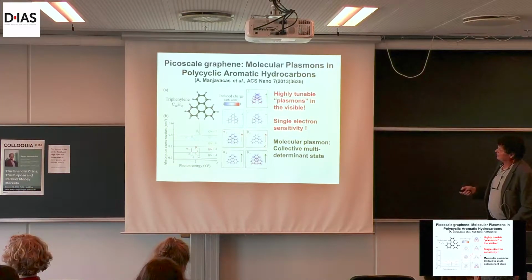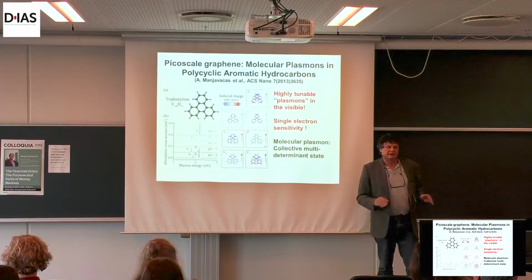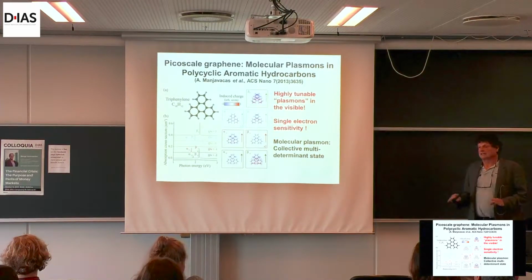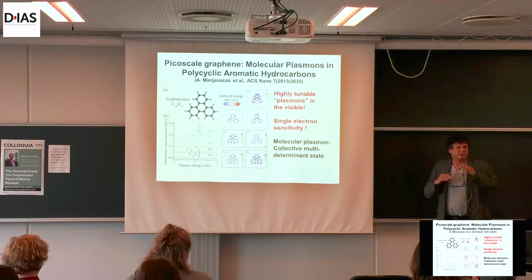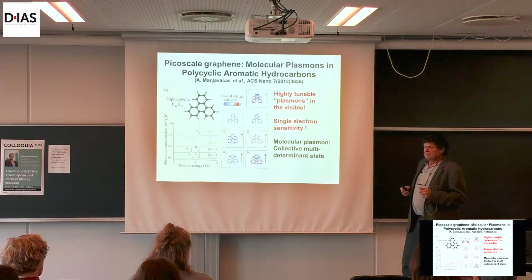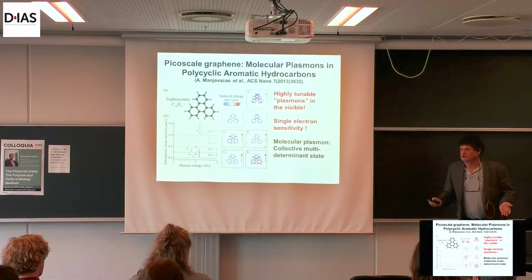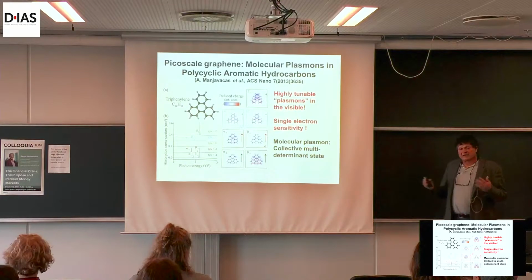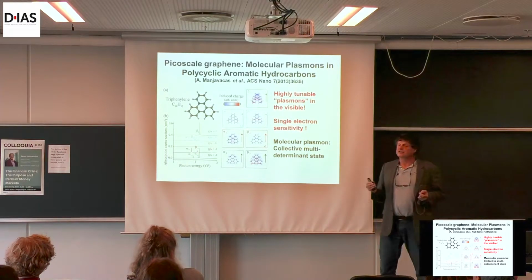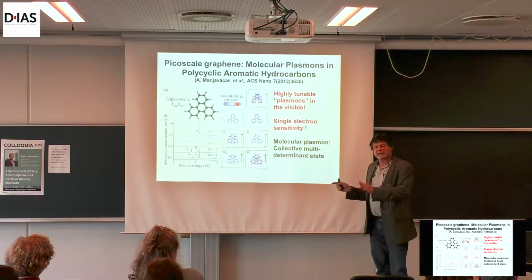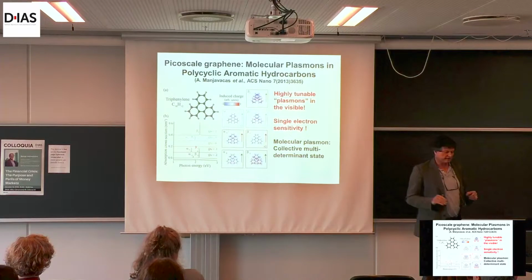This started out as a theoretical investigation, and we were interested in graphene. As many of you may know, graphene in its undoped state has no plasmonic response because it is a semi-metal, but if you dope it, you get a tunable plasmon energy. You may also know that if you take doped graphene and shrink it, you blue shift the plasma resonances. So graphene is an interesting plasmonic material. The problem here is that the plasma resonances are in the mid-infrared, and that's not where we want to be. I will show you later we want plasma resonances that can overlap electronic transitions. So that's not in the infrared.